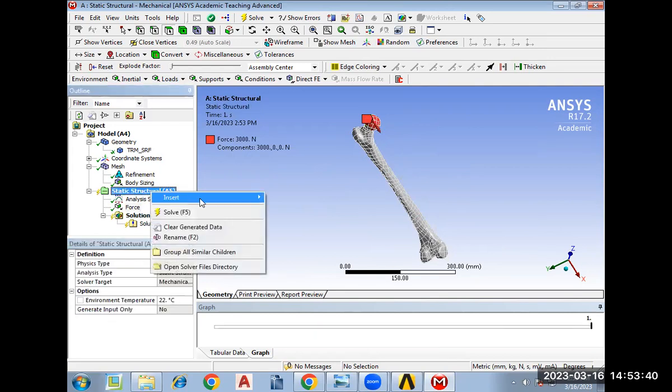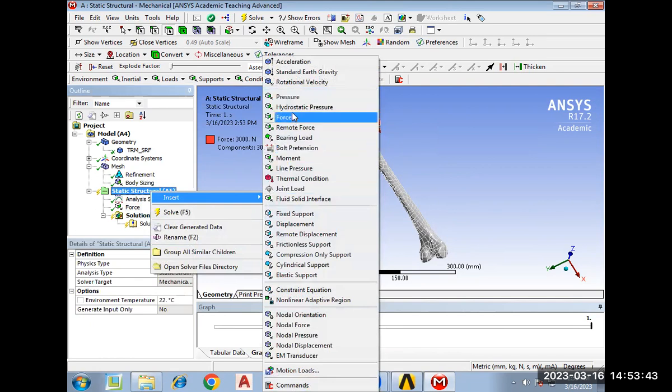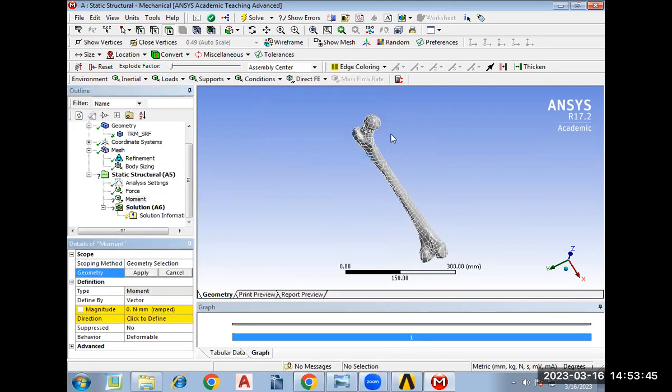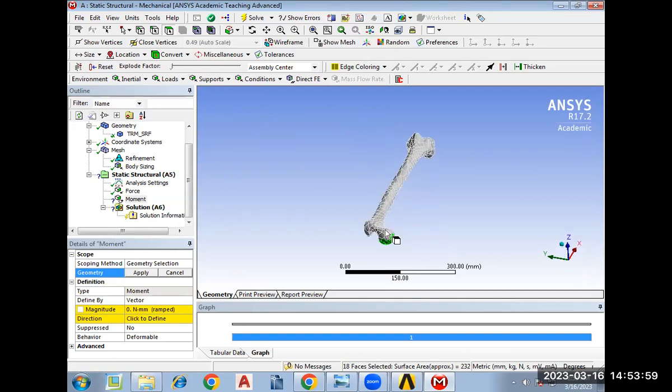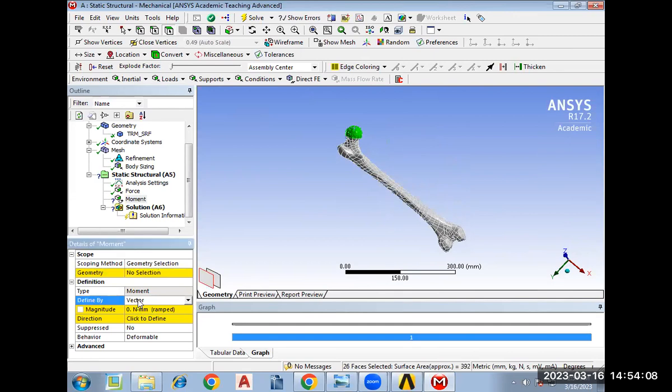Then I'll apply the movement. I will insert a movement. For movement also I have to select the same. Click on the control key on your keyboard. Then move your cursor in such a way that all the portion on this part is selected. You have to select all this. Click on control and select all this portion, and in the magnitude,